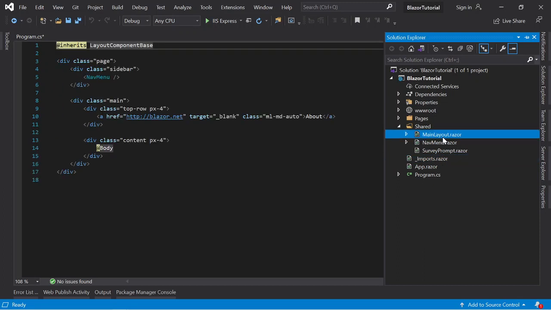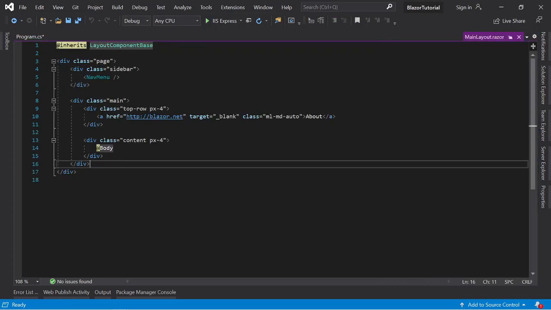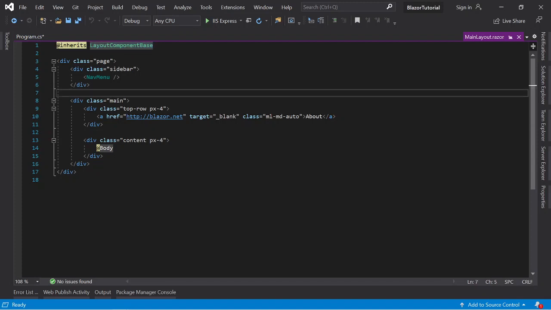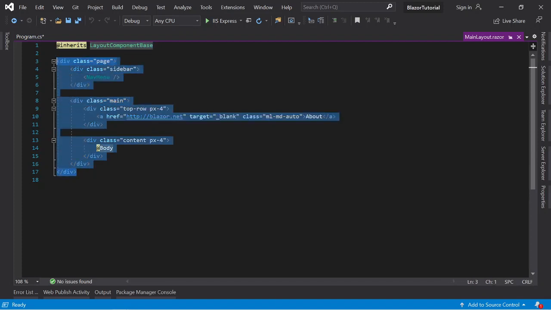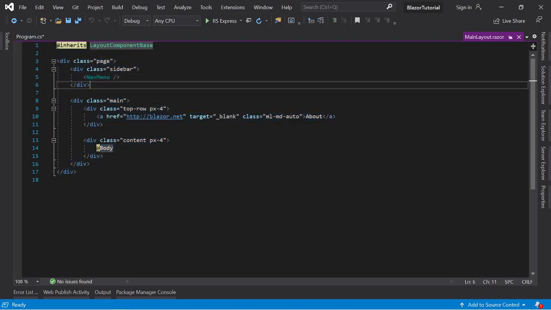There is a main layout, the first component that is executed when you run the application. There's a nav menu component and the body.